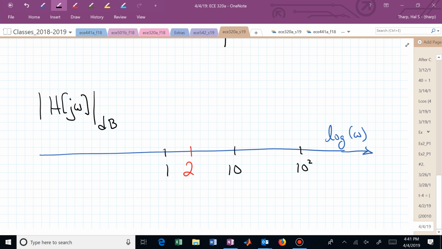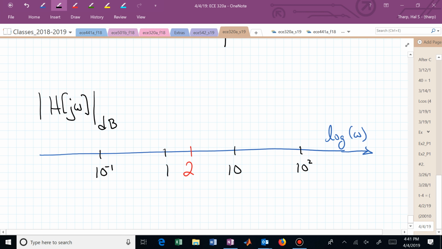Where is point 1? 10 to the minus 1. It's the same distance to the left of 1. So now there's 0.1. Do you see how many frequencies I can get on this page since I'm doing a logarithmic frequency axis? And if I'm plotting in dB, now I've taken the logarithm of my magnitude and I can plot things